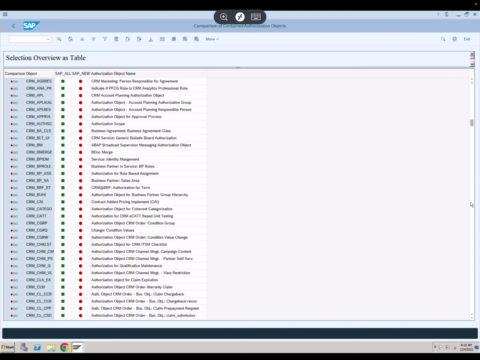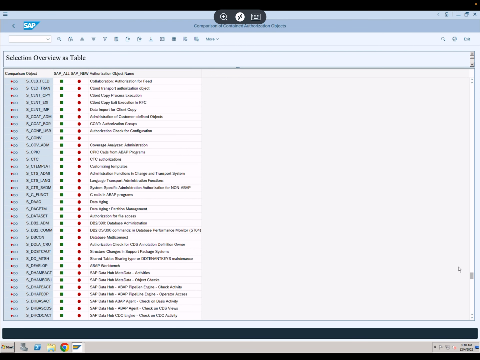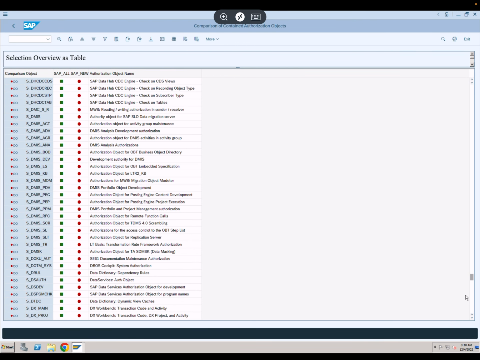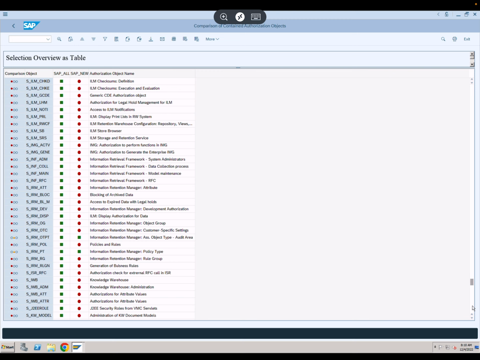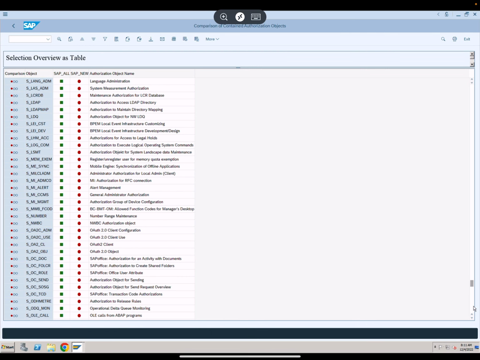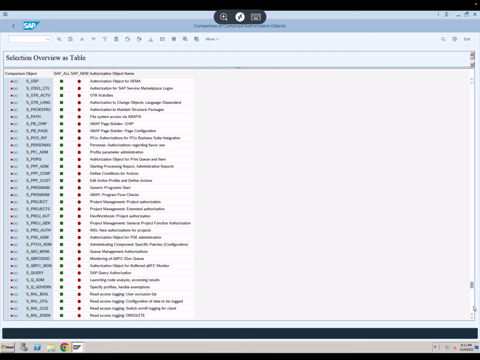And this would be a big list, right? This is not like a... because I'm saying this is God mode. Okay, we saw something. We saw some greens here, right? I think the audit ones are there, and then some other policies, and these ones are here, which is in both the profiles, right? So that seems to be the new functionality which probably was added into SAP New, and maybe also SAP All was rebuilt.